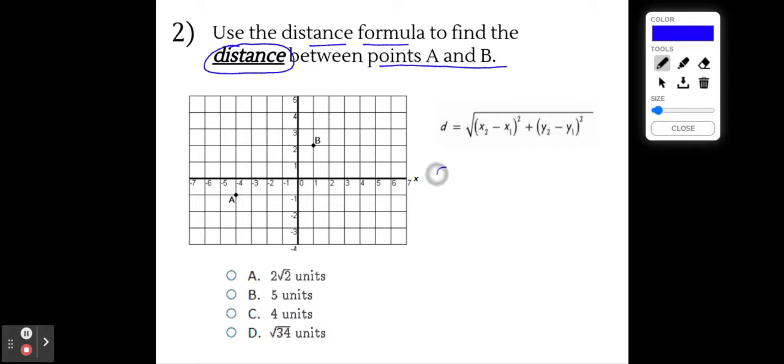So if I'm going to use the distance formula, I have to know what the points are. So I'm gonna go over here to the points and I'm just going to